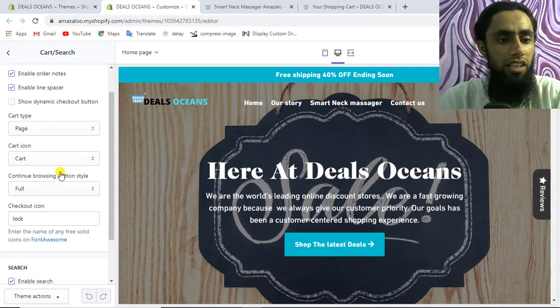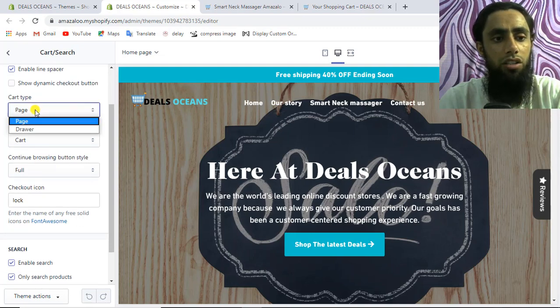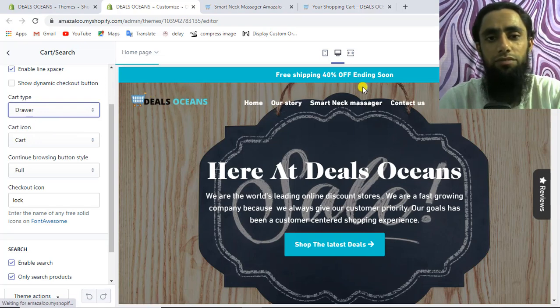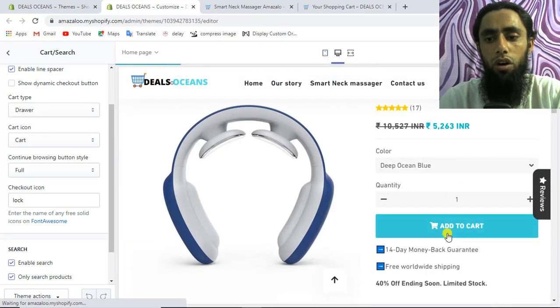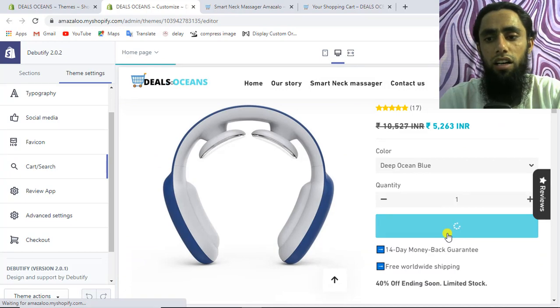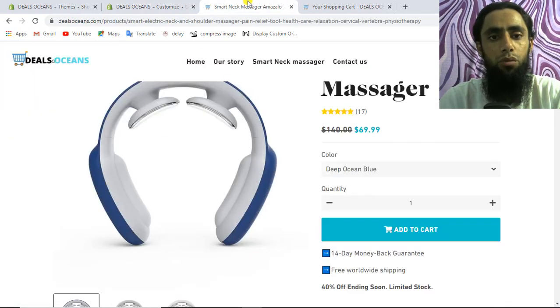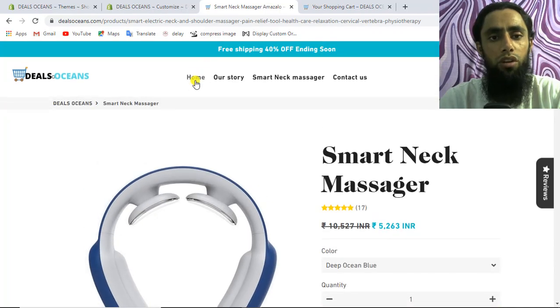Once you click that, you will get something like cart type. If you select drawer, for example, and save this setting, and then add to cart, wait a minute, here you will not get that one. Let me show you over here.